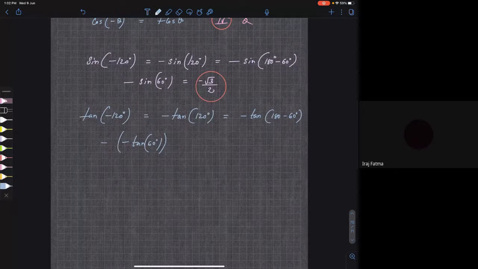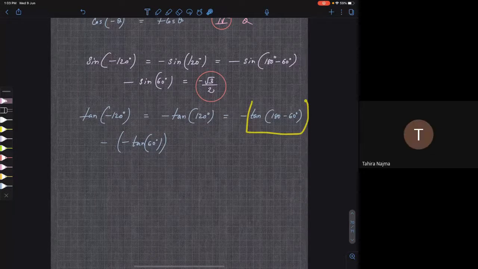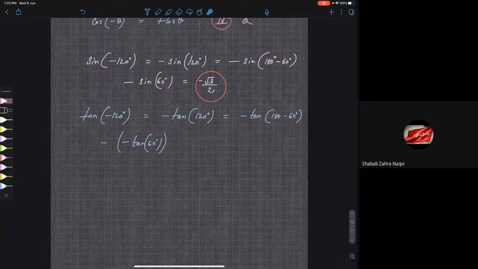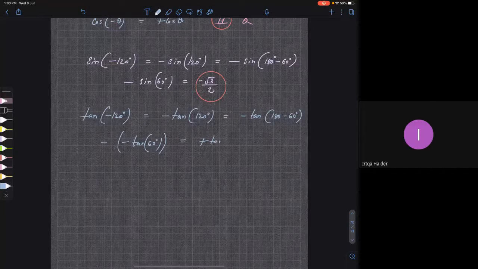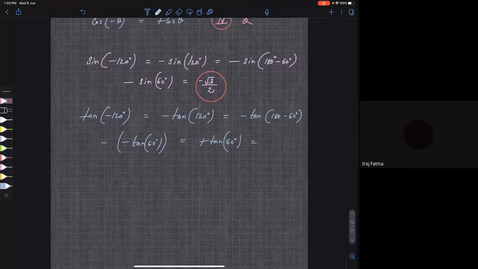You are getting my point? See, tan of minus theta is minus tan theta. So take that minus outside. Forget about that. Now just look at what is after that. It is tan of 180 minus 60. Which quadrant does it lie in? Forget about this minus sign; just tell me about this. It lies in the second quadrant. In the second quadrant, tan is negative, right? That's why I'm writing negative inside the bracket. So negative into negative will be positive. So it is plus tan 60, and your answer is plus root 3. As expected, you got a positive answer. You are getting my point?